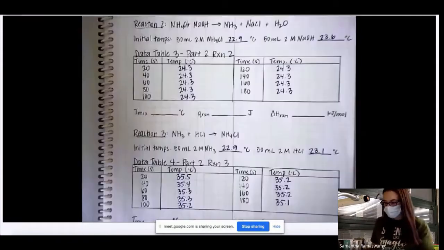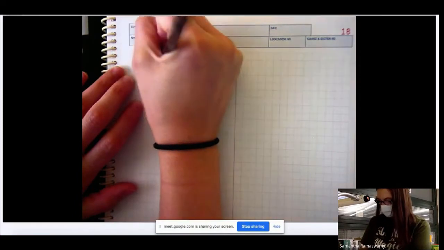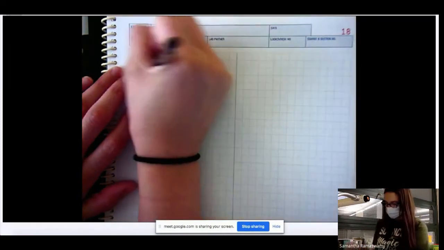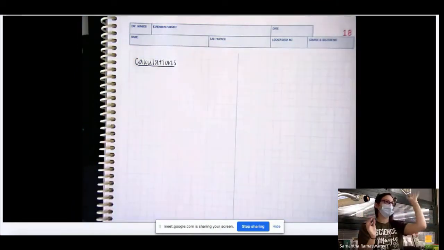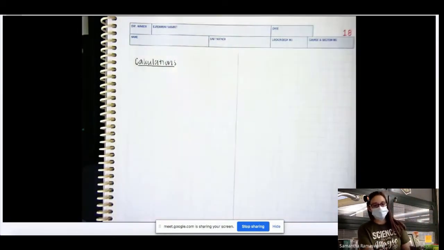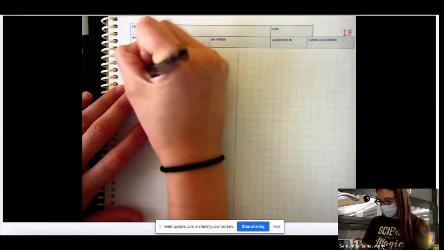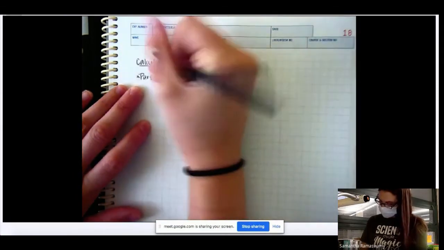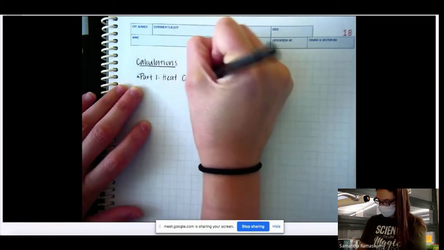So I'm going to go ahead and flip in my lab notebook to where I will start the calculations section. I'll go ahead and label calculations. So calculations is our main header because it's a main section of the lab. Now, in the lab handout, it says that we have part 1. So I'm going to label each calculation with a subheading as well because we're going to have a lot of different calculations. So part 1 is heat capacity